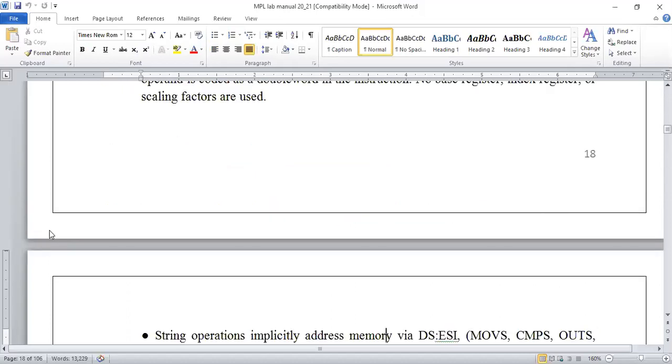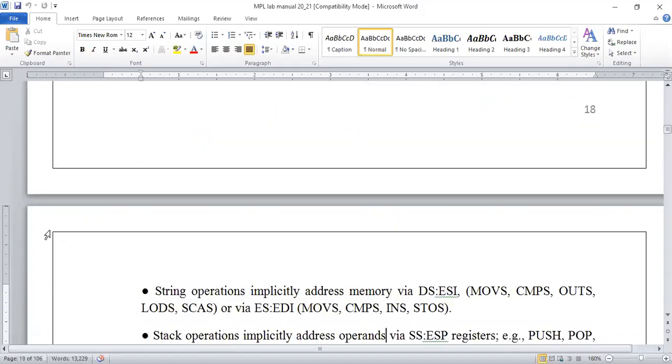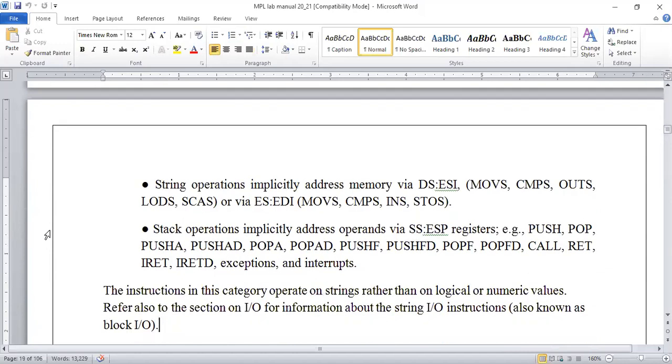So what is the theoretical point that we'll have? First, a few data manipulation instructions that we have seen for numerical operations, such as the move instruction using the RAX register. Here we are using 64-bit. String related operations we can address with the help of memory, memory to memory data transfer. String related operations will be done with the help of these instructions: MOVS, CMPS, string compare, move string, output to a string. You can use these instructions directly also.